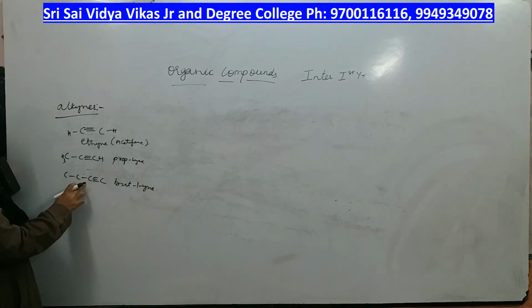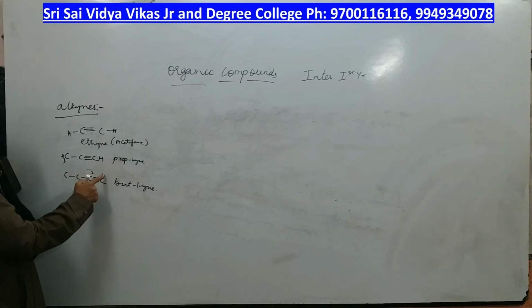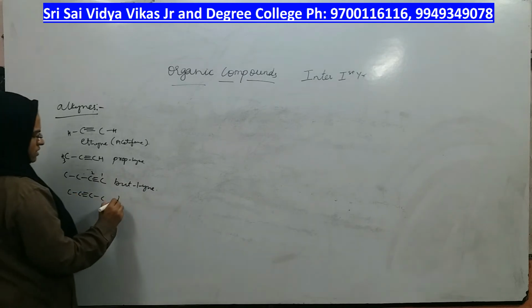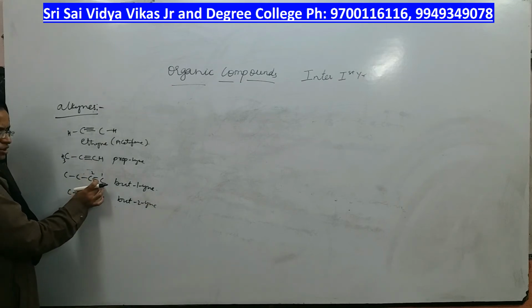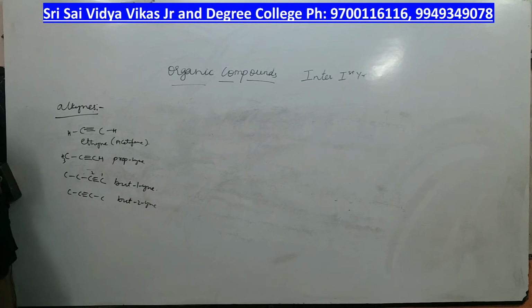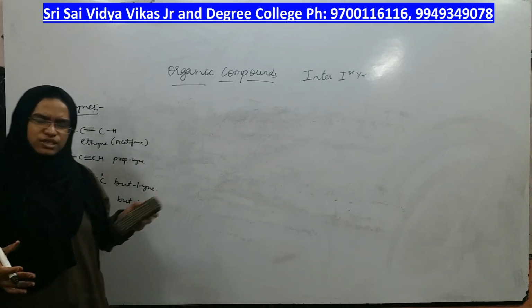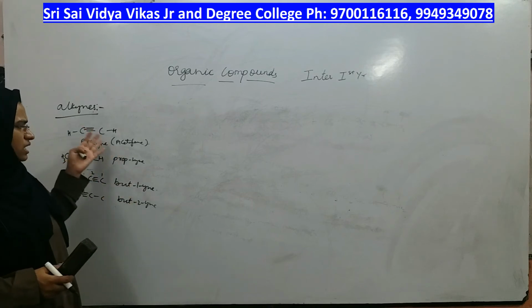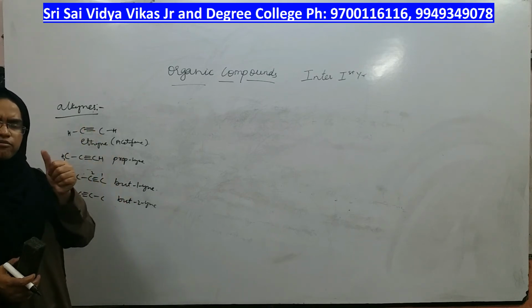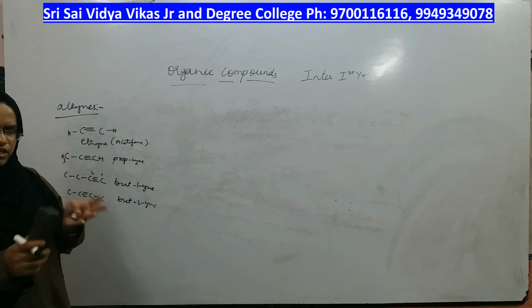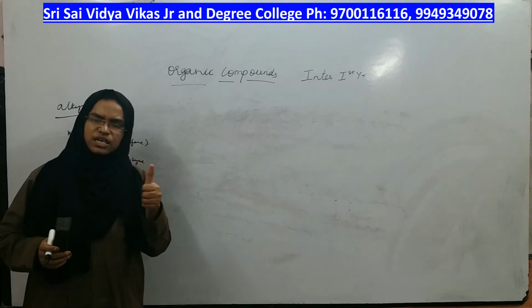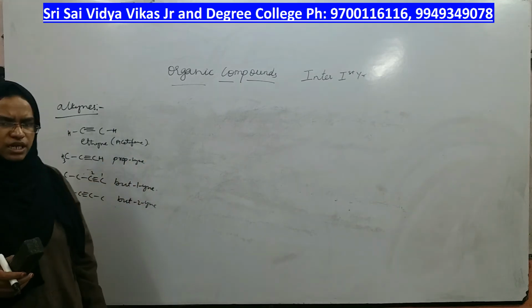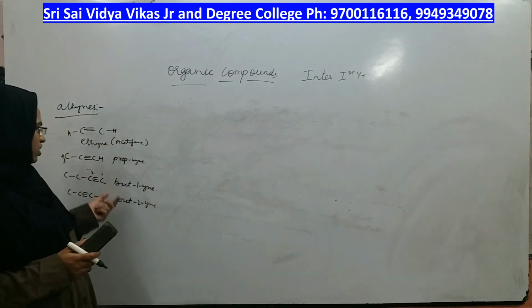Now I can take an alkyne in which instead of having the triple bond at first carbon, I can get a triple bond at second carbon, right? What is the name of this compound? But-2-yne. What is happening here? You are changing the position of the triple bond from first carbon to second carbon, right? Instead of going to the basics of isomerism, let me directly tell you that in alkynes you will have position isomers if you change the position of the triple bond as well as chain isomers, right? If the number of carbons are more, then you can get chain isomers as well as position isomers, right? So directly this is the homologous series of alkynes.